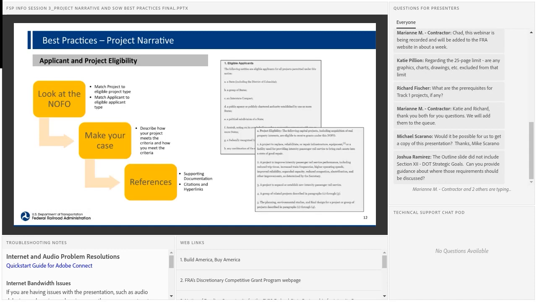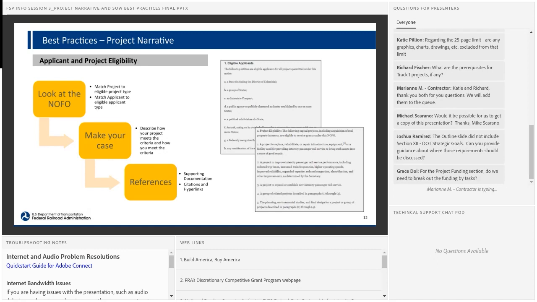Next, just some more best practices on speaking to the applicant and project eligibility of your application. Again, we always like to see you go back to look at the NOFO specifically. There are sections that very explicitly lay out eligible applicants and projects.